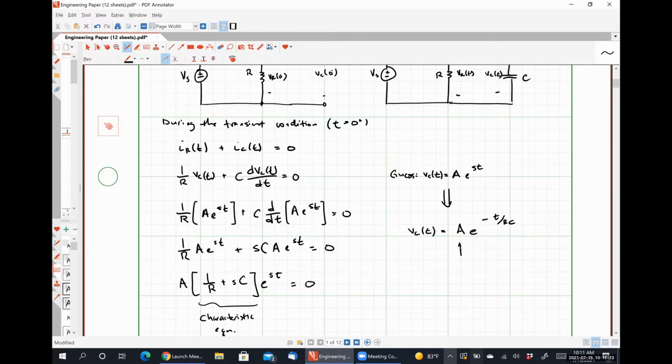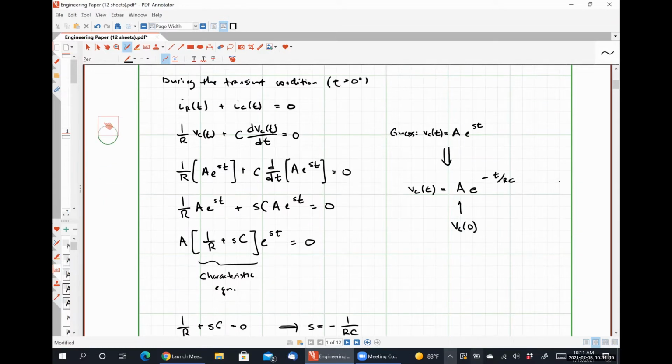We know that A has to be VC at 0, giving us VC of t will always be of the form, assuming that we're taking our sources out of our system, VC at 0 e to the negative t divided by RC. So we have an extremely similar